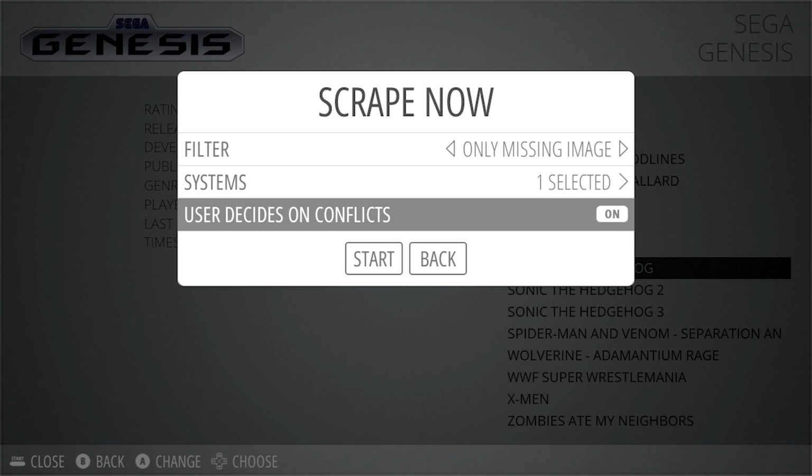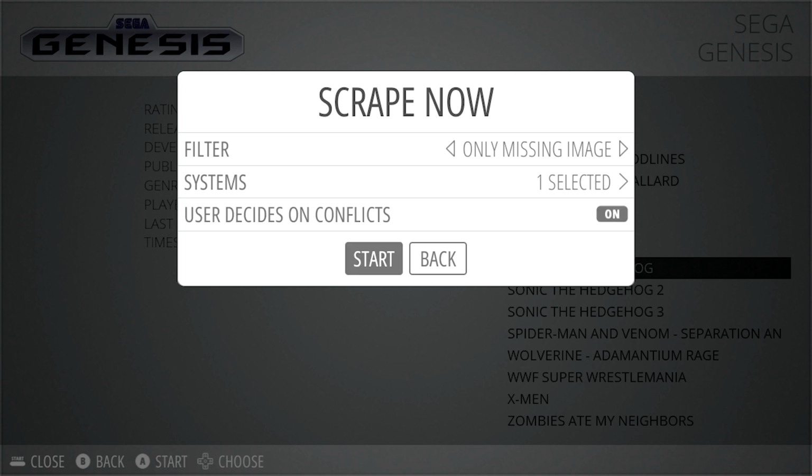And then we've got an option here that says user decides on conflict. And essentially what that means is when it's looking to match artwork with a game, if it comes up with a few different options and the algorithm is not 100% sure which one it should select, it's going to say, hey, we've got a couple of options here. Which one would you prefer? Now you can turn this off and it'll automatically choose the one that's most likely going to represent the game properly. But you will find that it is not 100%. None of these scrapers are ever 100%, and you will have to optimize and tweak things and adjust things later. So with that being said, I'm going to leave the user decides on conflict, and I'm going to go ahead